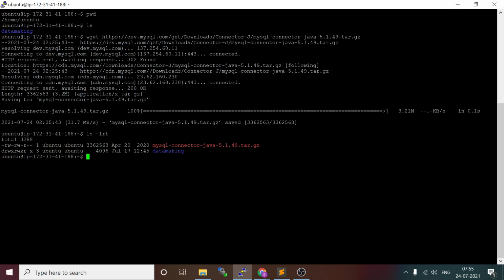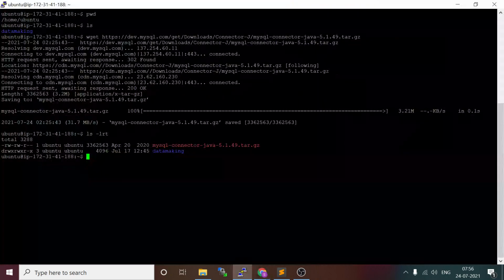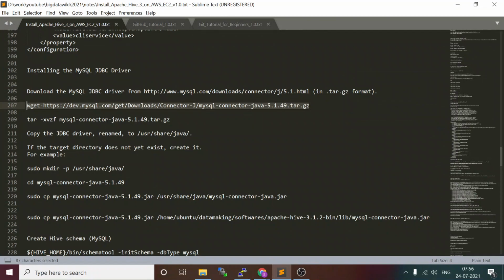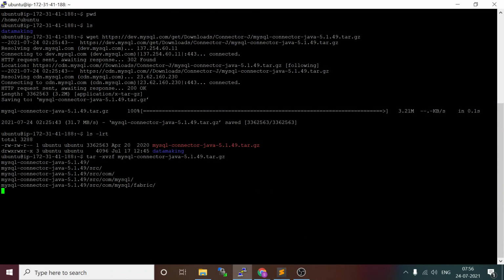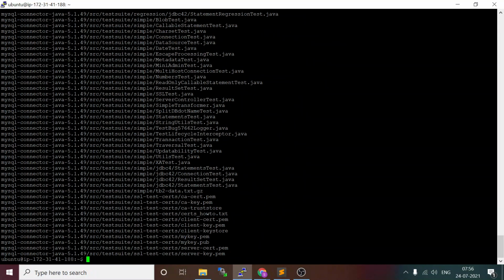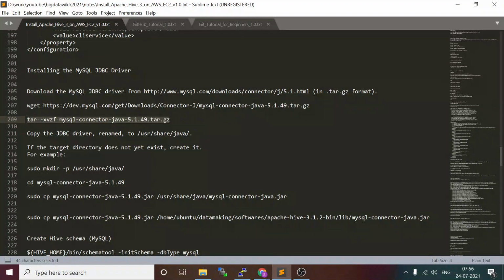Okay, the MySQL connector jar is downloaded. So let's extract that file using tar extraction. Okay, so this is done.